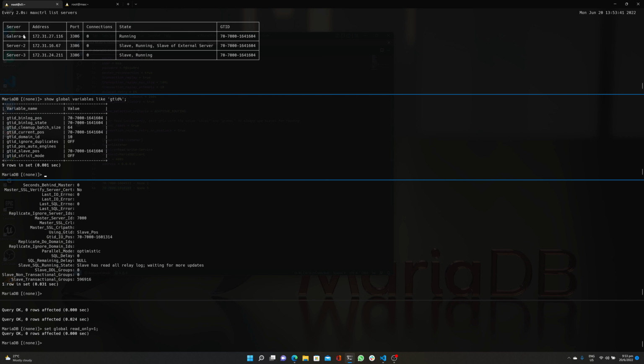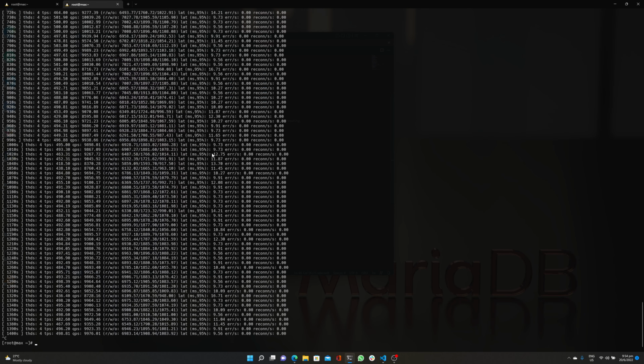Now the only problem is that MaxScale is still thinking that this node is a Galera node, but actually it's not anymore, right? Because the name itself is Galera, and this node is currently appearing in MaxScale as a Galera configuration, right? So what we want to do now is we are going to edit the,